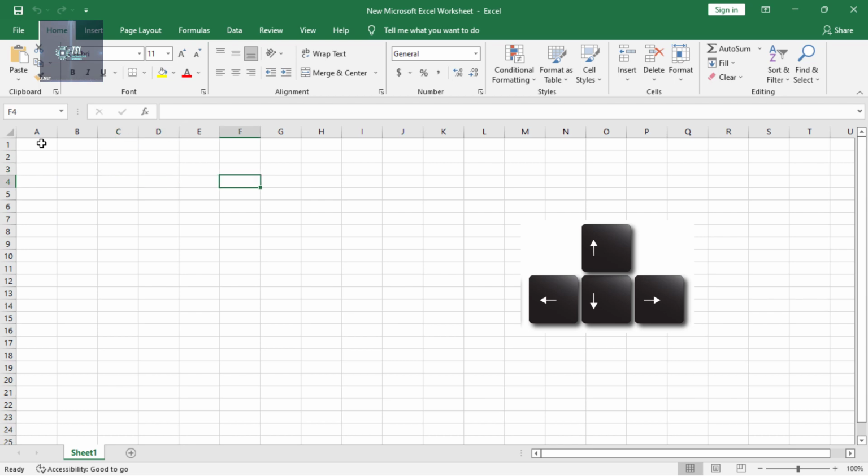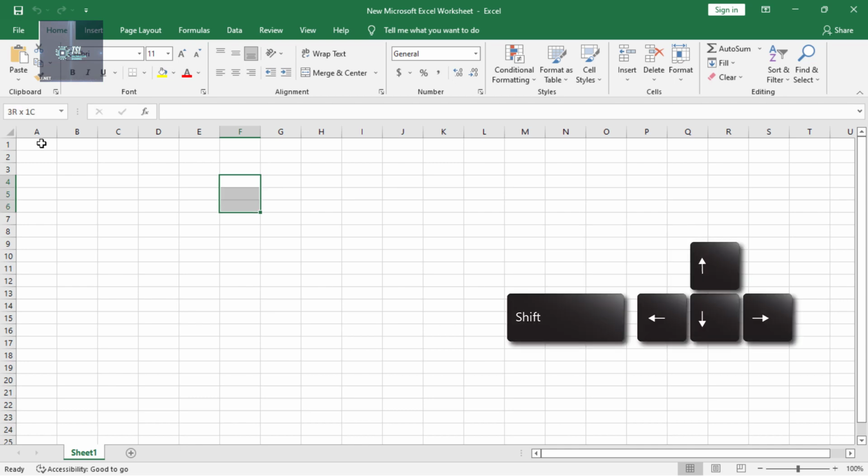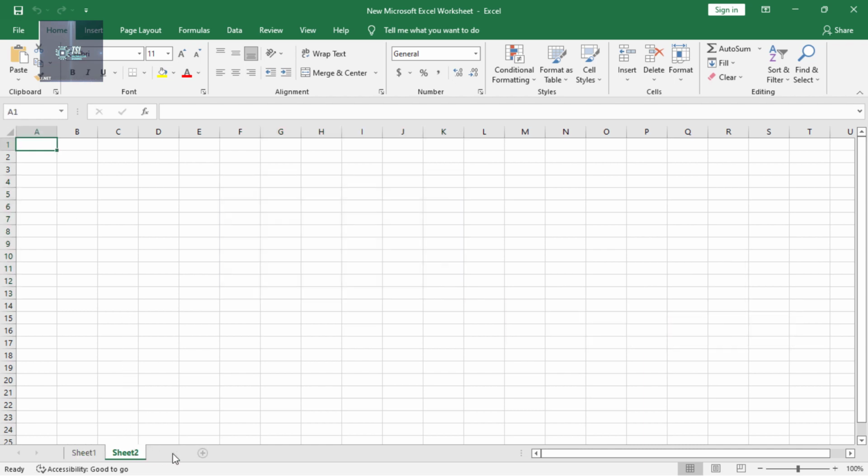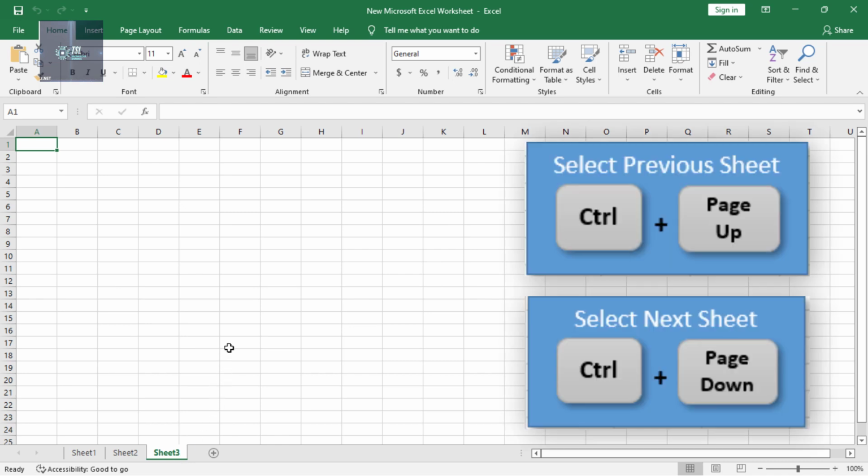Hold the Shift key and press the arrow key on your keyboard to highlight the range of cells in the worksheet. Hold the Control key while pressing the Page Down or Page Up to open another worksheet in the workbook.